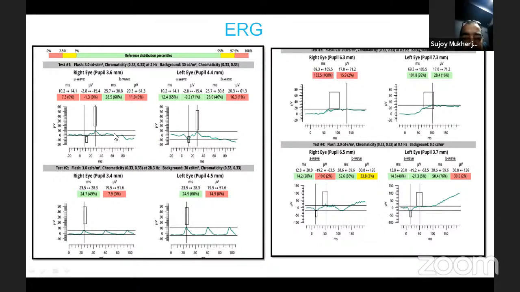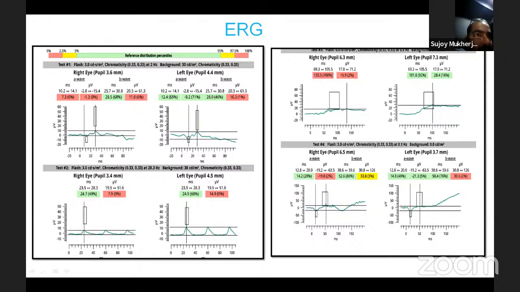Now, if we focus on the scotopic, meaning dim light, Soumya, use your cursor, yes. That is the scotopic 0.01 ERG, where 0.01 candela per square meter intensity of light was used. And the bottom one was the scotopic 3.0 ERG. Now, this is the mixed response. The first one, 0.01, is the cone rod mediated response. Here we can see that it is also a reduced response compared with the age matched control, but that decreased response is less than the photopic response, which is decreased.